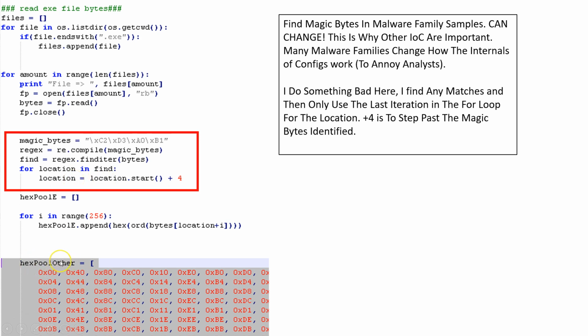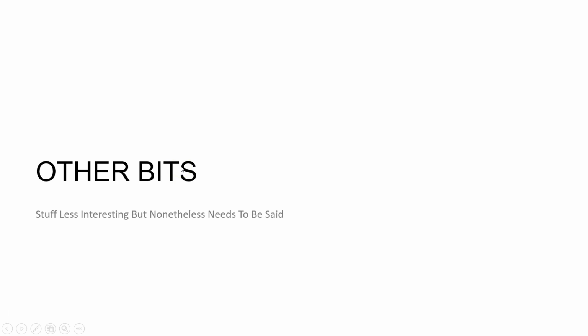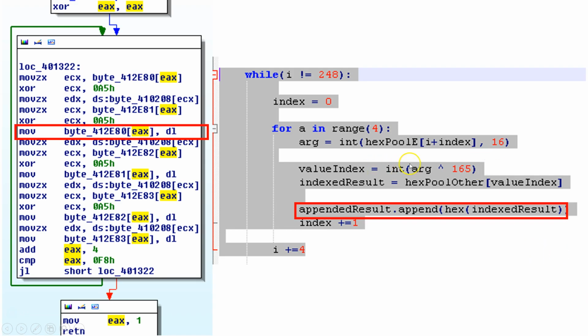Now, some of the hex pool, they've all got the same hex pool. What I'm saying here is the same values are located in the same binaries. So think of it as a very long key that we grab different bits of. The reason I hesitate to say key is that it's basically a load of different bytes that we just grab random bits from, using the index values that we get from here. So it's really all dependent on a certain part that's added back.